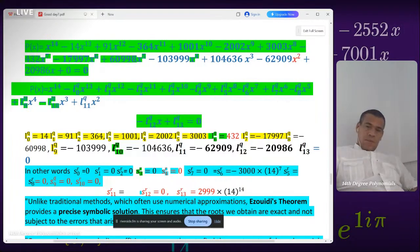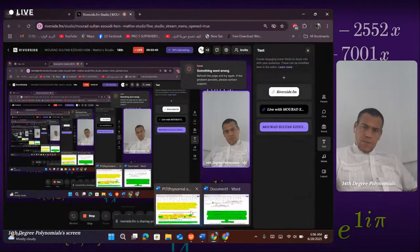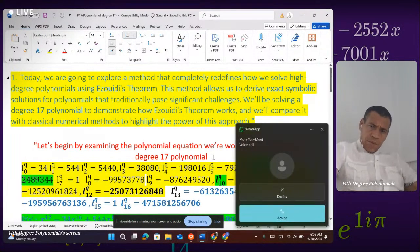And you mentioned something specific about our polynomial. Yes. A surprising little fact about this particular 14th degree monster: x equals 1 is actually a root. Okay, so plug in 1, you get 0. Right. But it's a root of multiplicity two, meaning it sort of counts twice or has this double impact. And Ezouidi's theorem is clever enough to identify